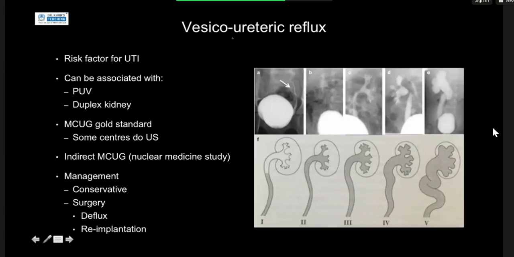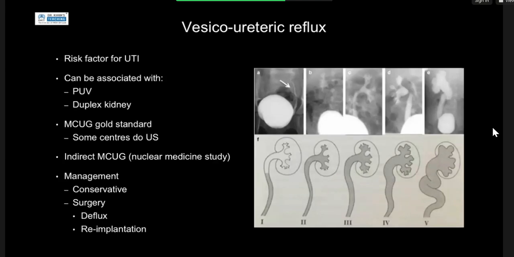We can also see it rather than just an isolated de novo finding. We can see it in association with posterior urethral valves, and as I explained earlier, with duplex kidneys. In the UK, micturating cystourethrogram, so a fluoroscopic study with injection of contrast into the bladder, either hand injected or under gravity, and watching for reflux into the ureters and renal pelvis during filling and emptying of the bladder is the